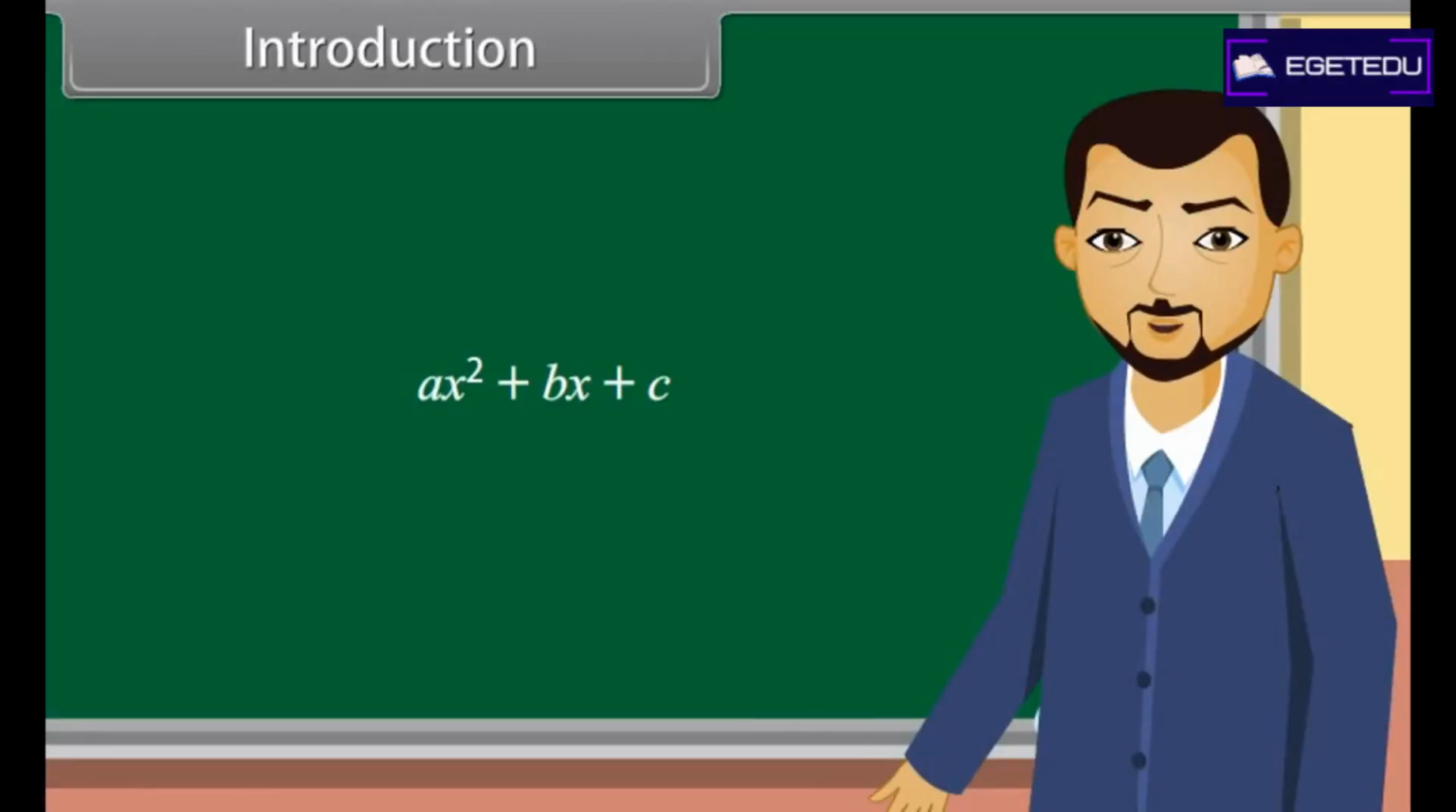When we equate this polynomial to 0, we get a quadratic equation. Today we will learn about quadratic equations. Objectives. At the end of this lesson, you'll be able to